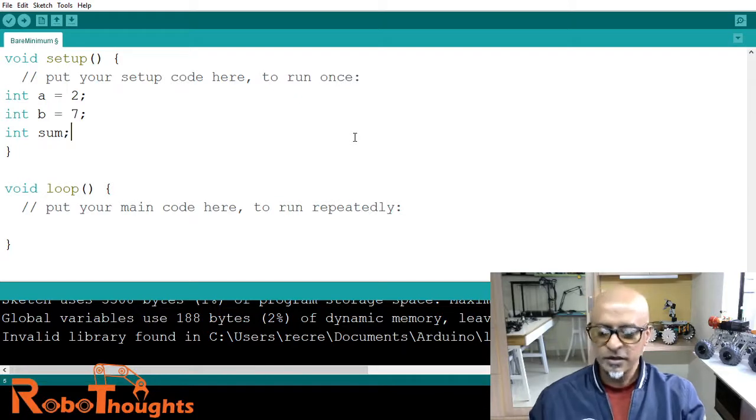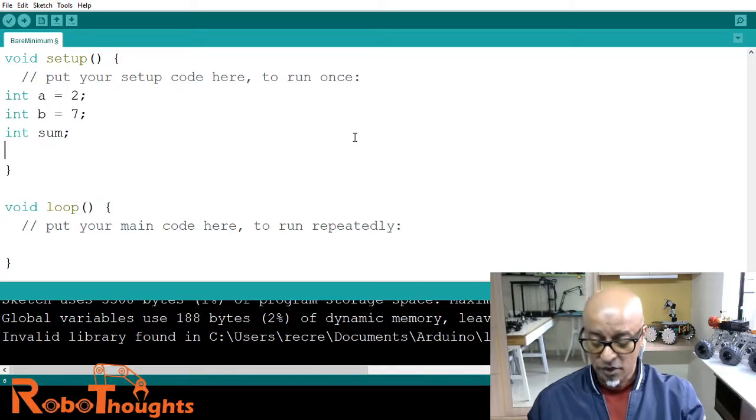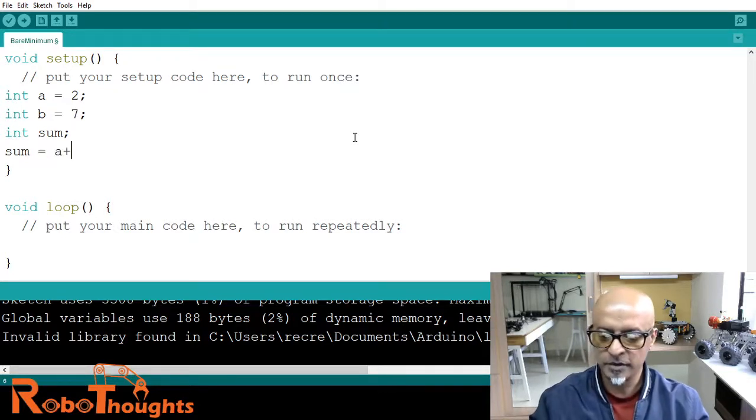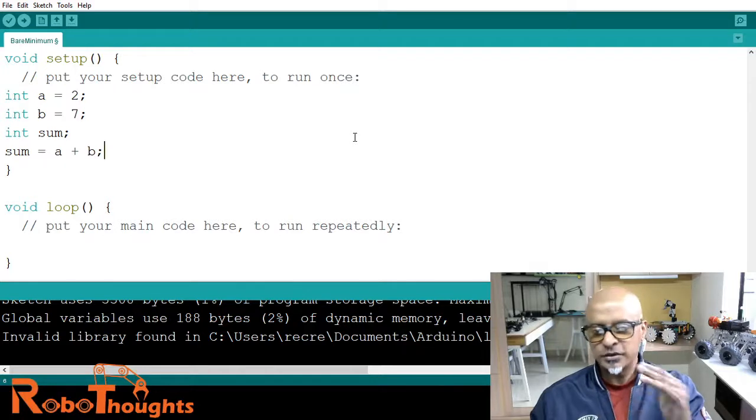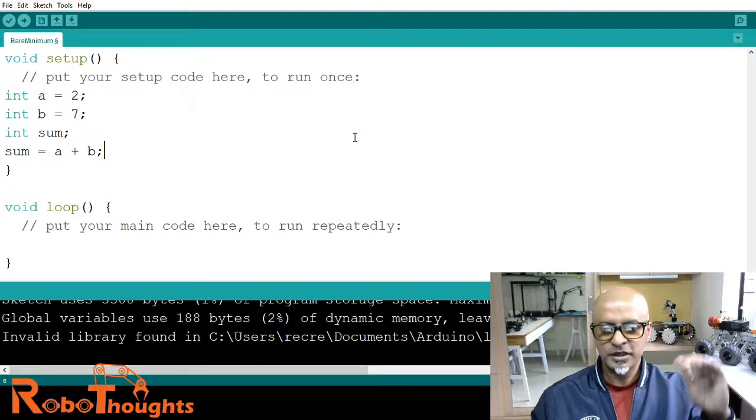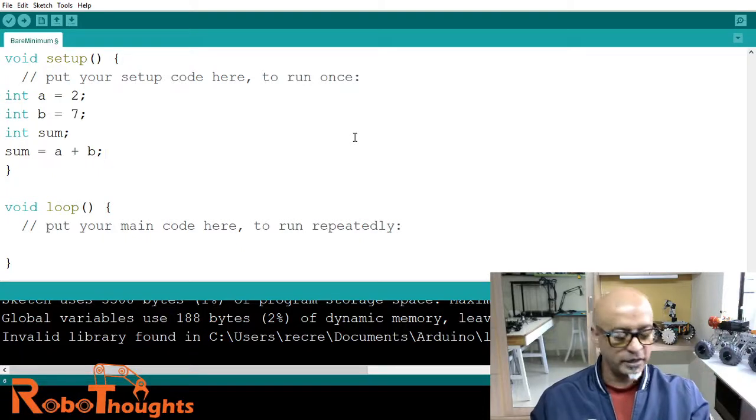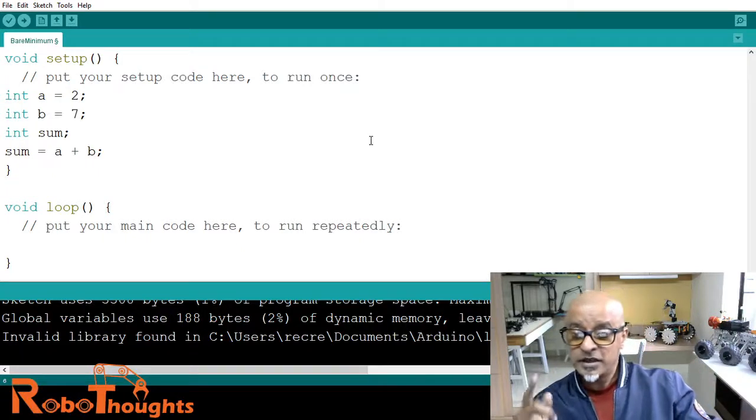Now you need to write sum equals a plus b. Give a space in between, use the operator plus, and then b, and then put a semicolon. Now you can print this using Serial.begin and Serial.println, and followed by that. So basically, in addition,